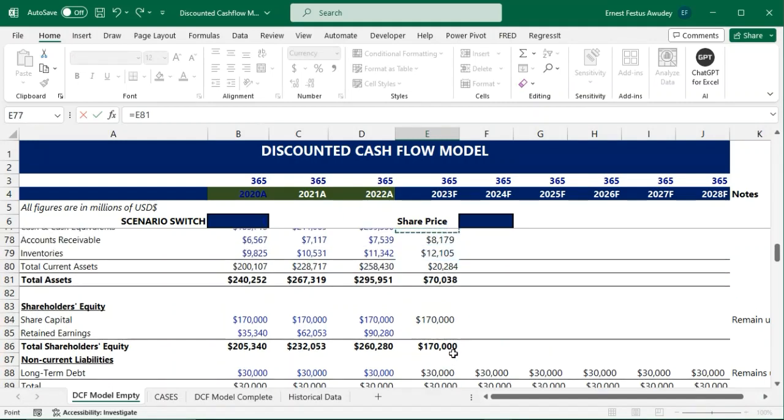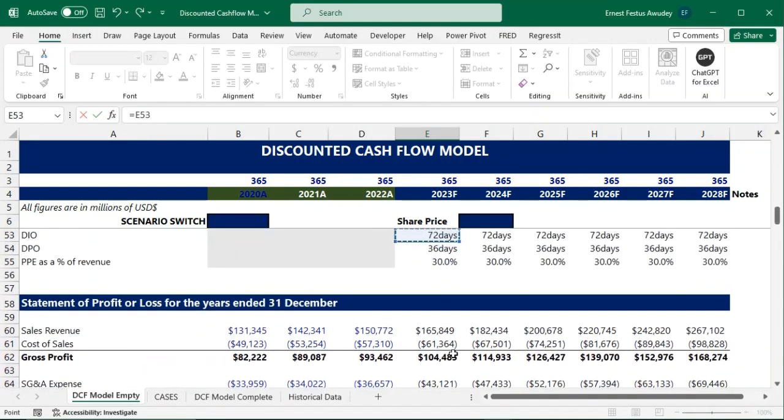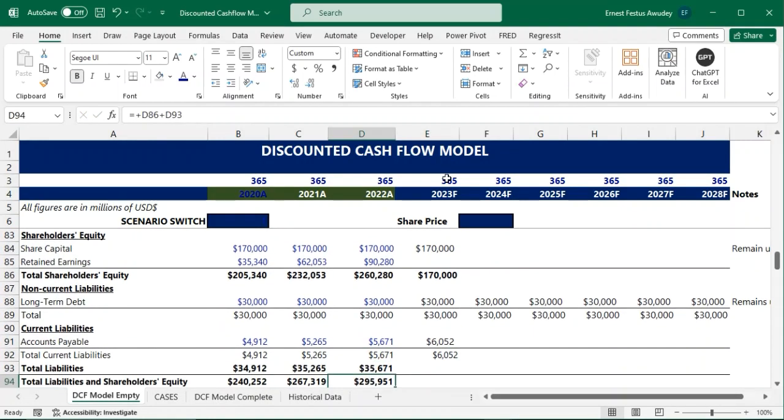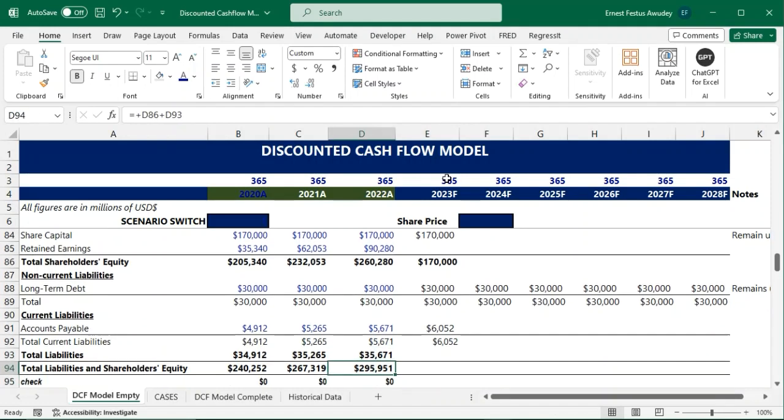So I'll come here, go to the assumptions, pick my payable days, which is 36 days here, multiply that by my cost of sales, and then I'm going to divide that by the 365 days as we have here, and then I'm going to copy this across as well. So we have that, and I'm going to copy all of this across here,